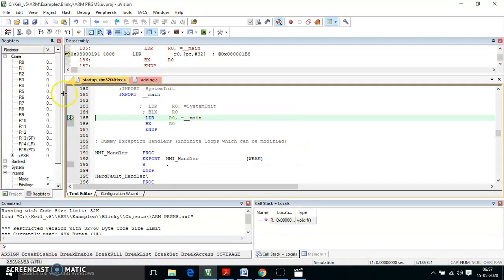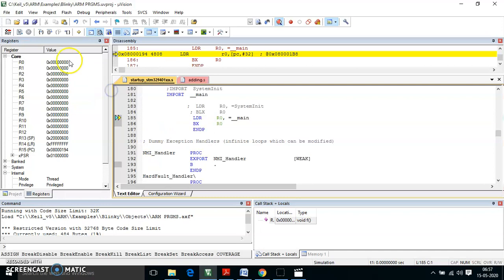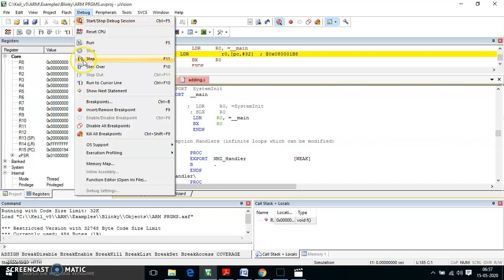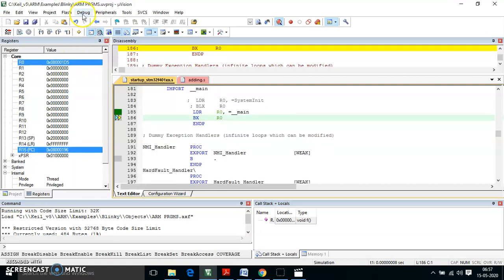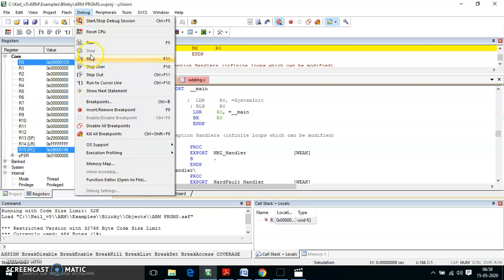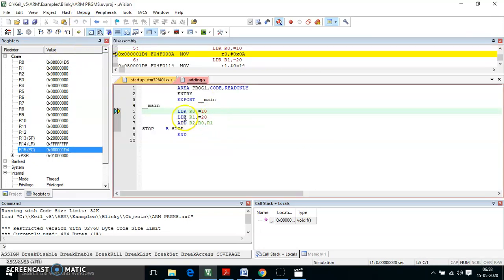Yes. Now you can see in the registers we have R0 to R12, and R13, R14, and R15. But we have utilized only R0, R1, and R2. R0 should be loaded with the value 10, R1 should be loaded with the value 20, and R2 will be the answer. So if you start debugging, step 1, it is loaded with a random address, and first we are going to execute this instruction: LDR, load register with word, R0 as 10.